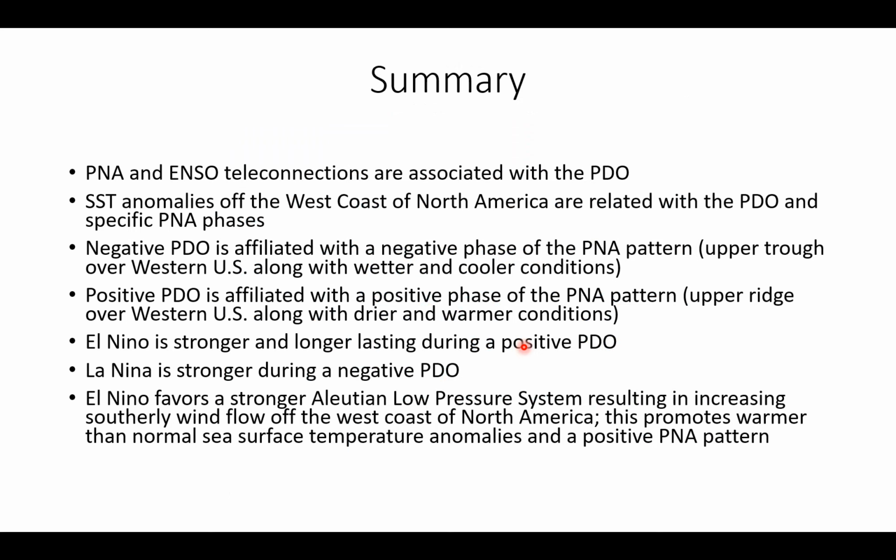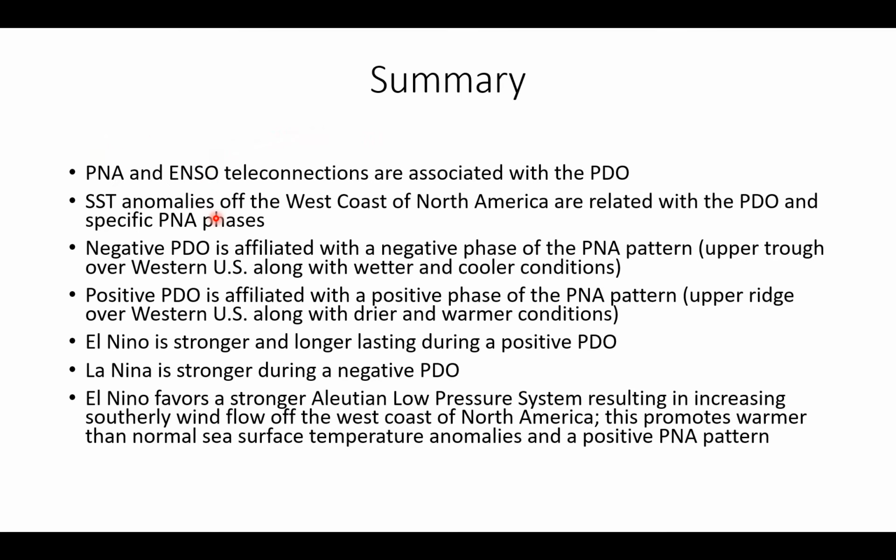So in summary, you get a Pacific North American (PNA) and the ENSO, El Nino Southern Oscillation. Those two teleconnections are typically associated with a PDO, and that's really why I zoned in after looking at the research papers that were out there. When I talk about PDO, Pacific Decadal Oscillation, I tie it in with these two main Pacific teleconnections, the PNA